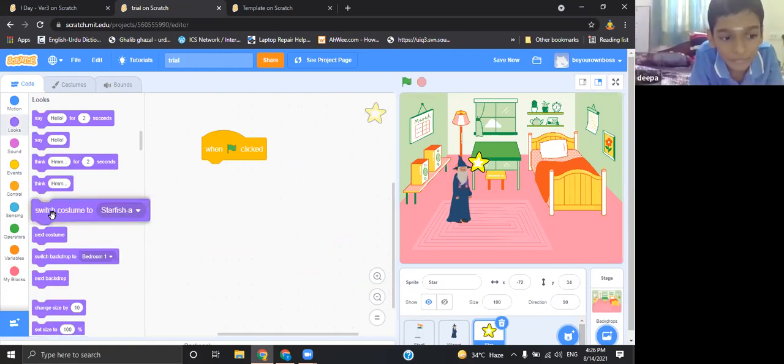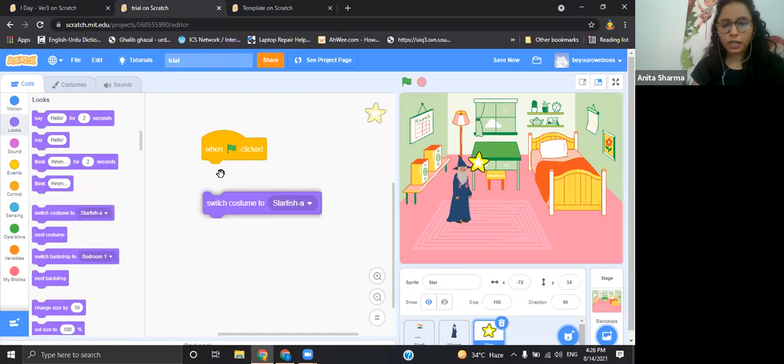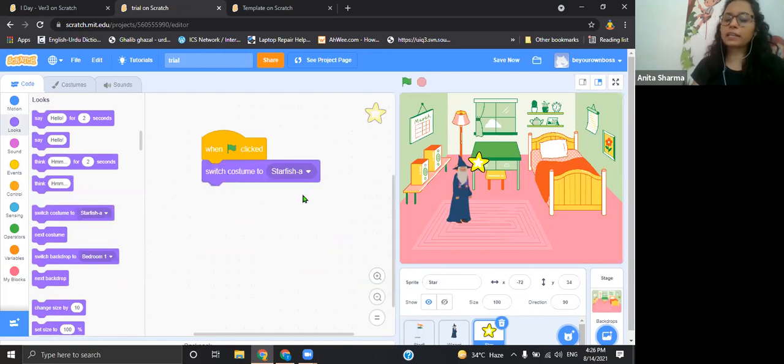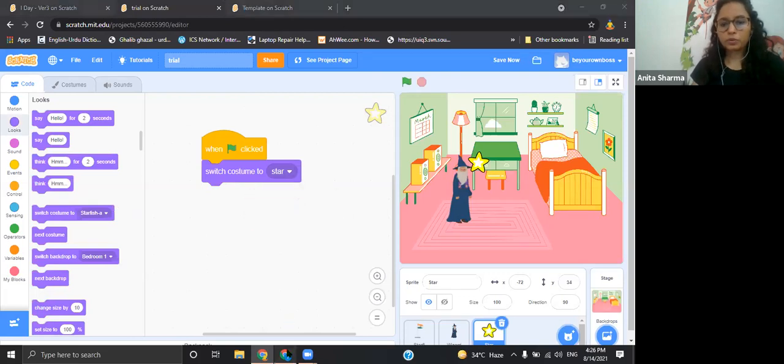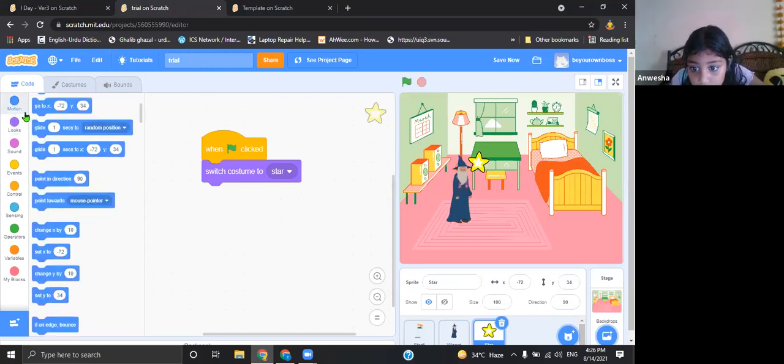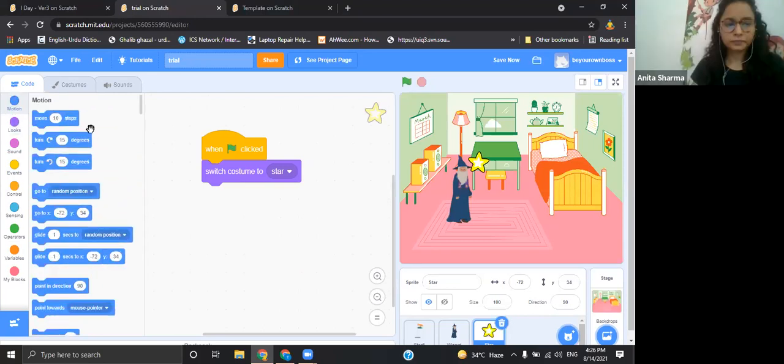First of all, I'll make sure that when I click on the flag, I can see the star only, not a starfish. So just below the flag, we'll be using switch costume to star. After that, it was going to random places. So it was moving, so we'll be going in motion again.